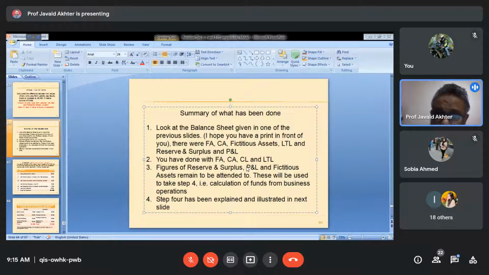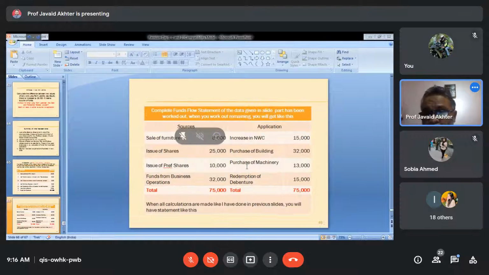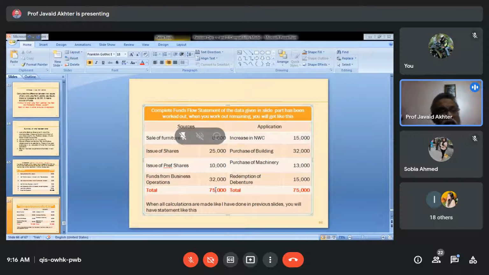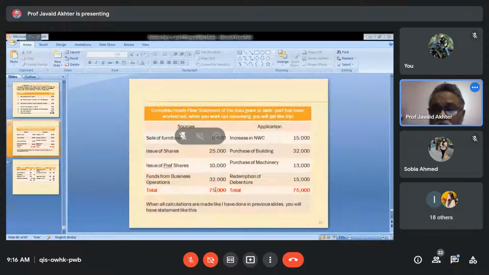Then you adjust the profit and loss, and every adjustment that you do, every difference that you take out will either be a source or an application. Write all sources at one place, like I have shown here. All applications in one place. At the end, these two totals will be equal. If both your totals are equal, we can say your calculations are mathematically correct. So you take 4 steps and accordingly prepare a final fund flow statement. If there are questions, you can ask me at this stage.